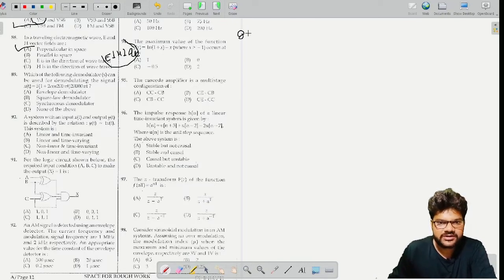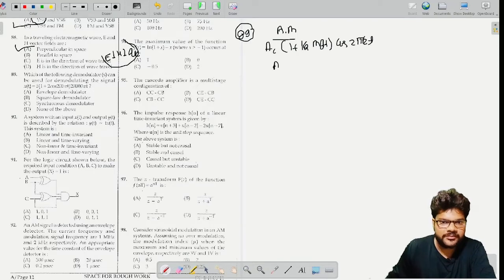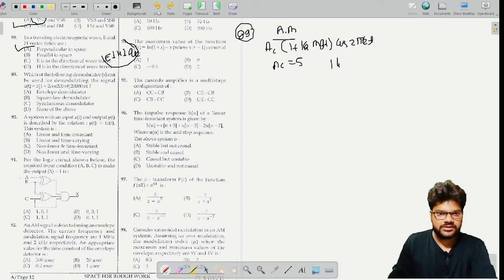Next question 89. The question is, which of the following demodulators can be used for demodulating the signal xt equals AC 1 plus kAmt cos 2 pi fct. So this is the conventional AM expression, right? In conventional AM, this is AC 1 plus kAmt into cos 2 pi fct. If we compare with the given expression, then AC will be 5 and kAmt is how much? This is 2 cos